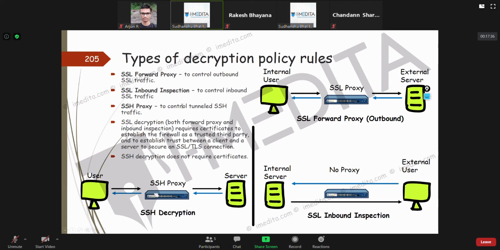A lot of times attackers will take their malware or whatever utility they have, deliver it to the potential victim, and use SSH to exfiltrate data from the potential victim. Since the traffic is encrypted and we cannot see what is inside of it, it will be very easy to bypass the firewall. We don't want that.